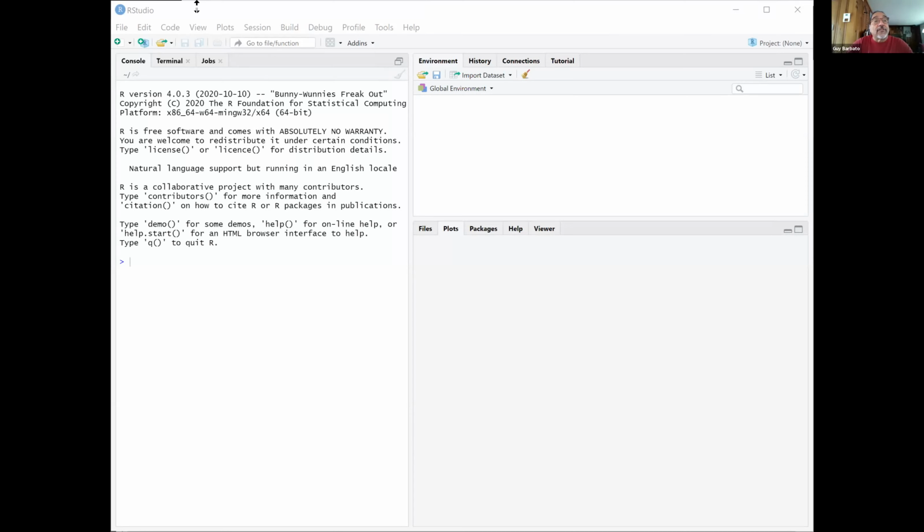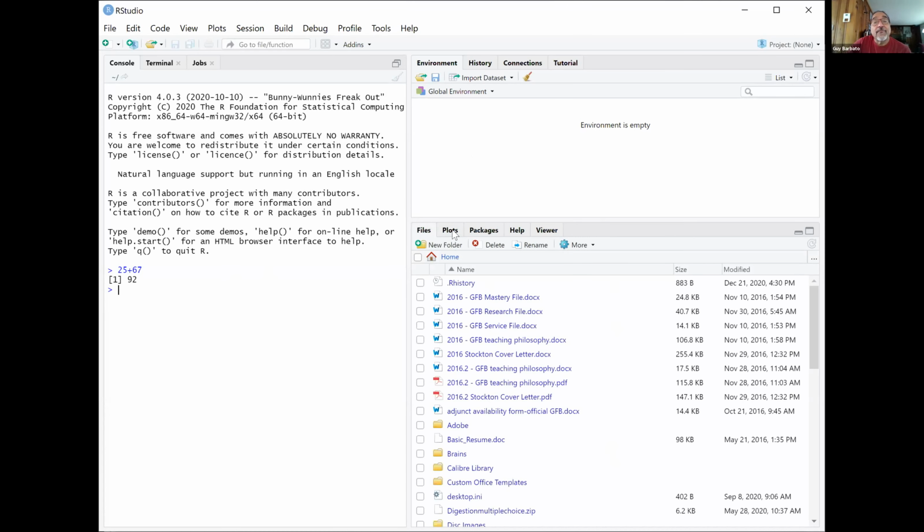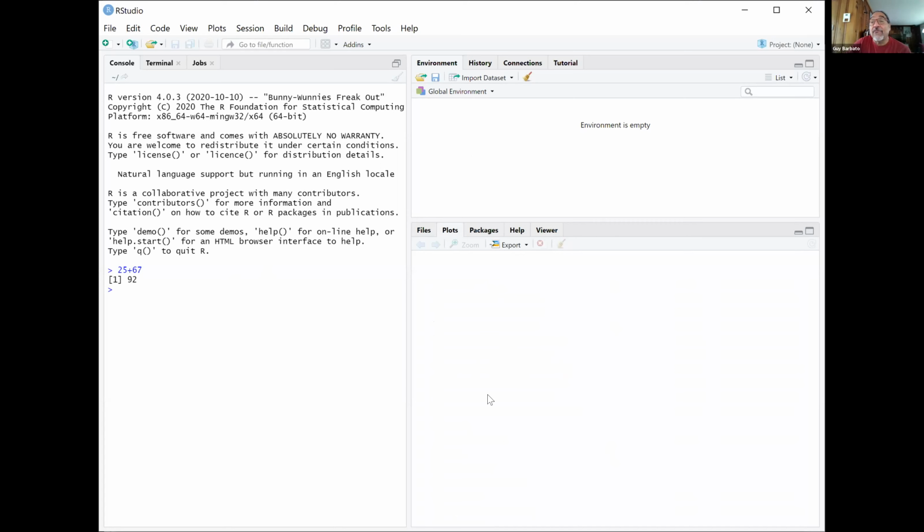And RStudio is great because if you look on the left hand side, we've got our command line interface. And I'm just going to simply type in an equation. And notice it automatically gives me the answer. So R can behave as a simple calculator, okay? But the most important part of RStudio are these two windows on the right-hand side of your screen, because these give you the ability to look for files, to actually generate plots,